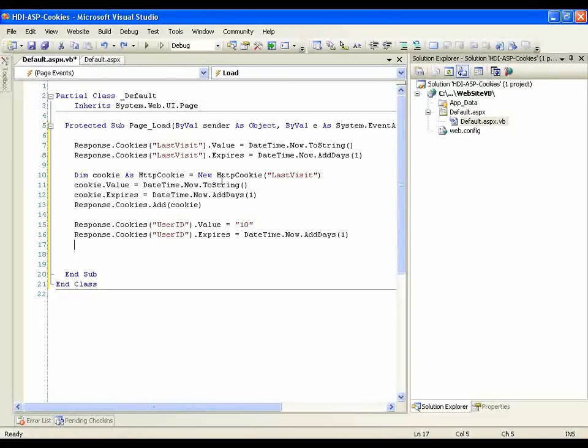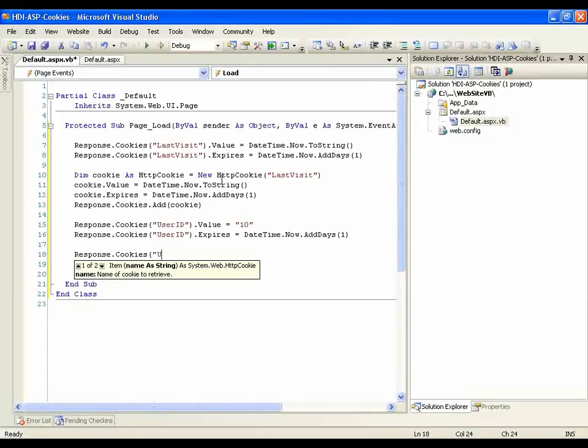And one of the things you'll find is that if you store just one piece of information in a cookie, you're going to use up the allotment of 20 cookies per website fairly quickly. So you can take advantage of another feature of cookies, and that is you can store multiple values in the same cookie, or as they're called, subkeys. And to store last visit and user ID in subkeys, we would do it as follows. So we'll take the response object, cookies collection, and this time we're going to name the cookie user data,